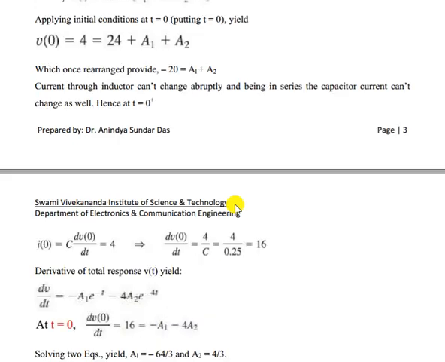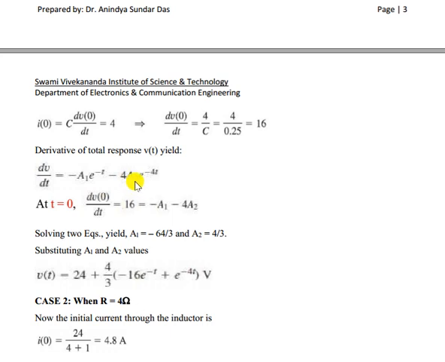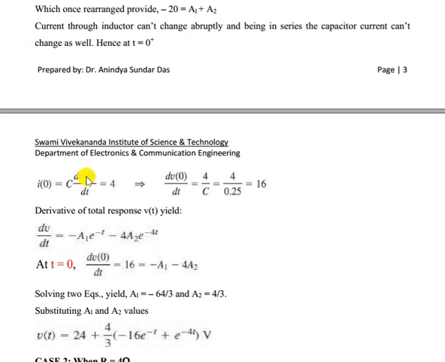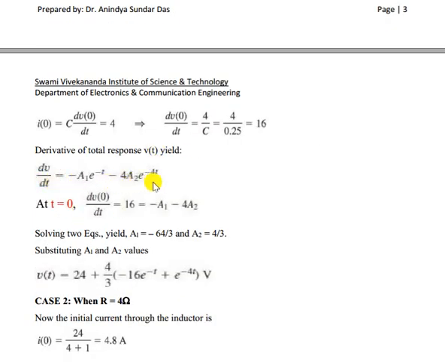Okay. So now what we can do is we can find the equation that we have used in the previous section, or else we can do it that way also, that I is nothing but C dv0/dt. So dv0/dt is nothing but I0 by C. I0 we have already found out, the initial current, by C, so we got dv0/dt. So now we have to differentiate this particular term. Okay, it will complete the total response. So if you do differentiation, this 24 factor will become 0, and we will get this expression.